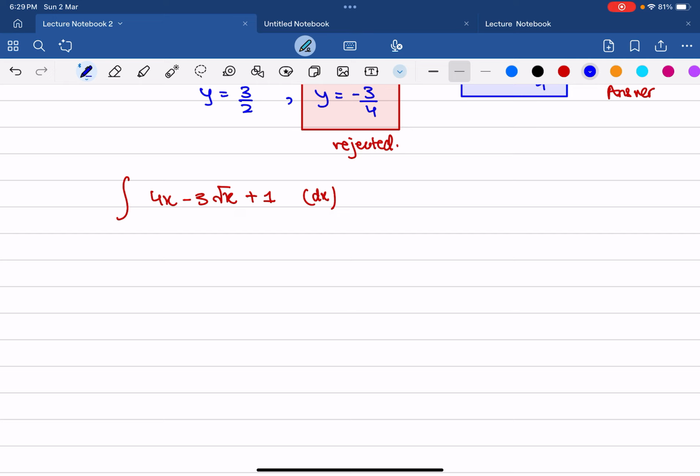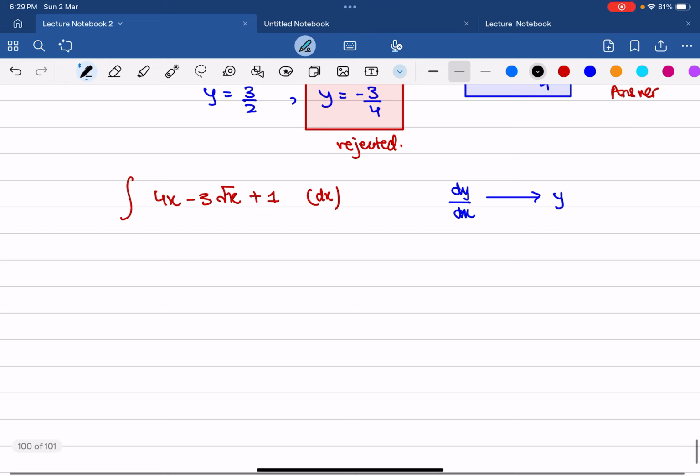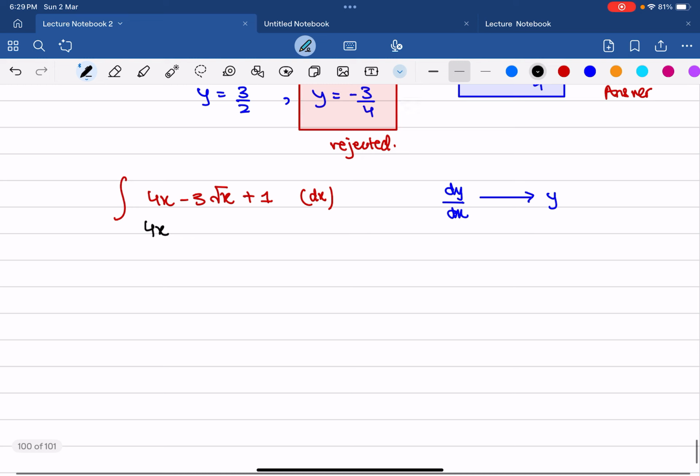You must know that whenever you integrate a differentiated equation, that is dy by dx, your equation turns out to be in terms of y. This is something important that you need to know. The next step is I'm going to integrate this particular equation. So my integration is going to be very simple. Power plus 1: 4x power 1 plus 1, that is 2, divided by the same power. That is the rule for integration.